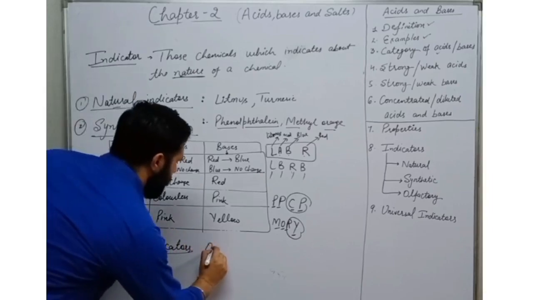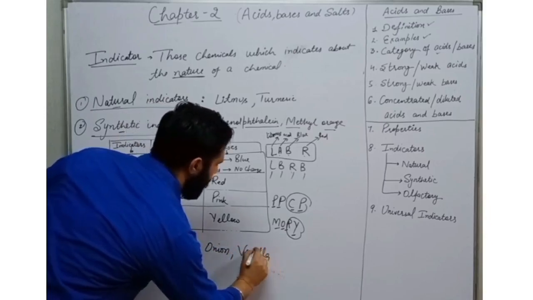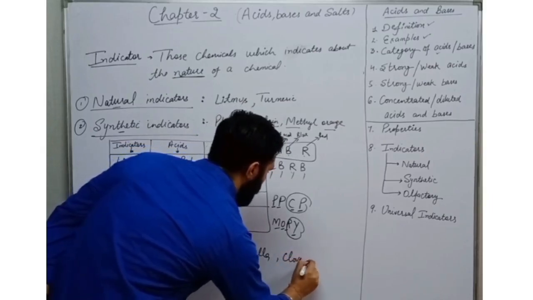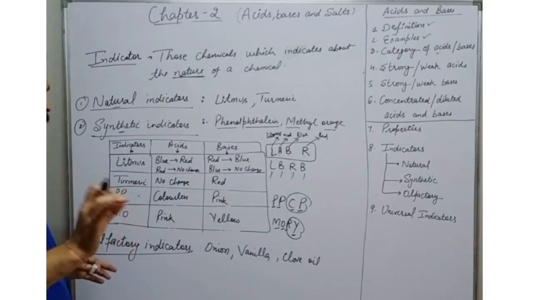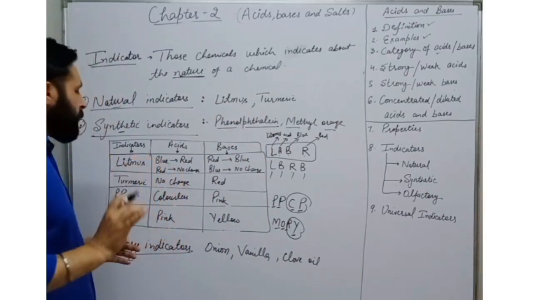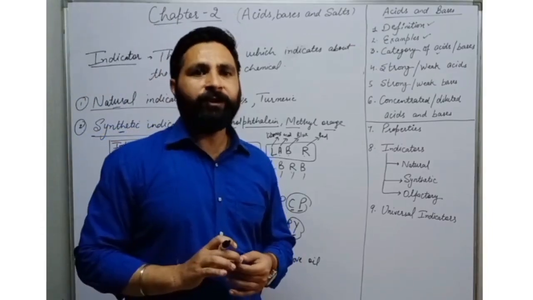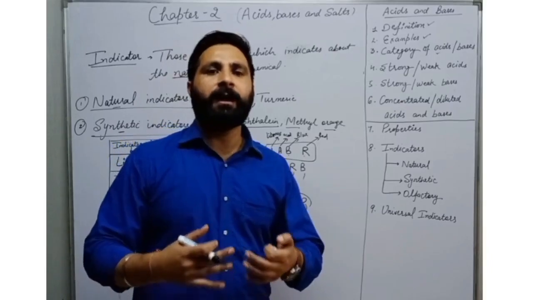Like example is onion, vanilla essence, and clove oil. First definition you can write by yourself, like olfactory indicators are those indicators which change their smell in acid and